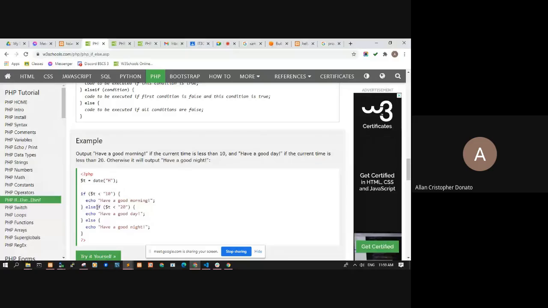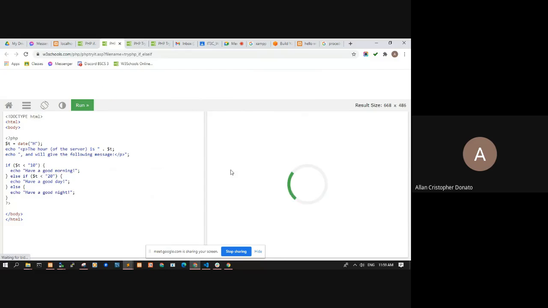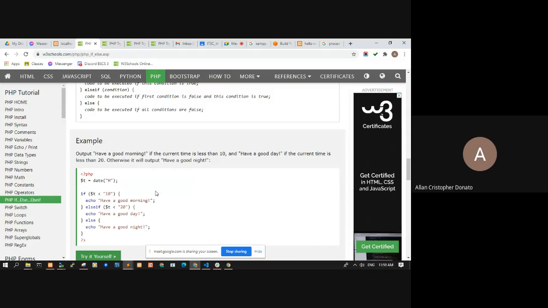Although else if can be, yung else if natin pwedeng may space, pwedeng walang space. They will result to the same condition. Kasi dito, trinitreat niya yung buong statement na to as a single line statement. Okay? So, yan. That's your if else.